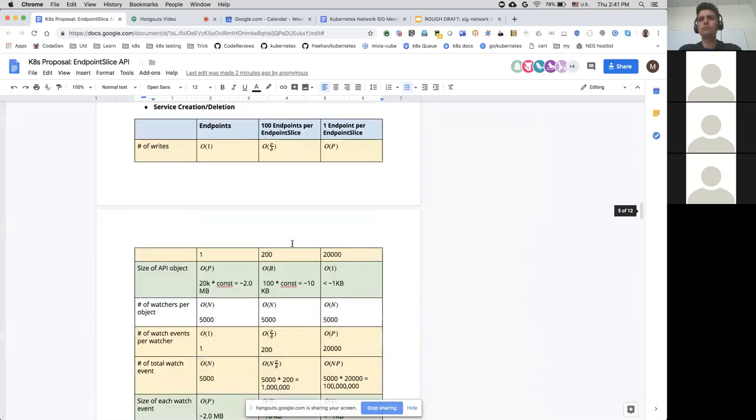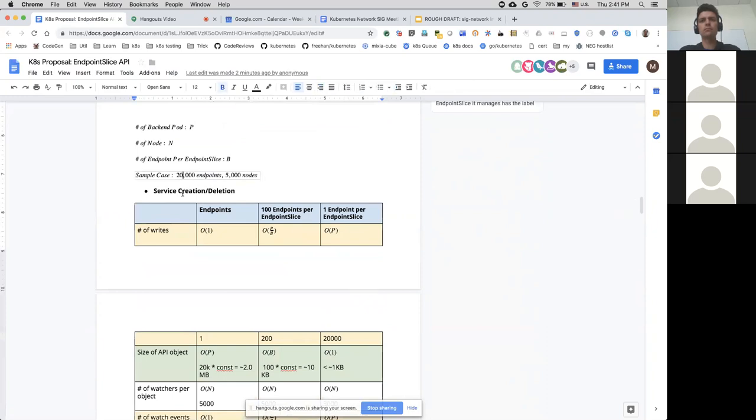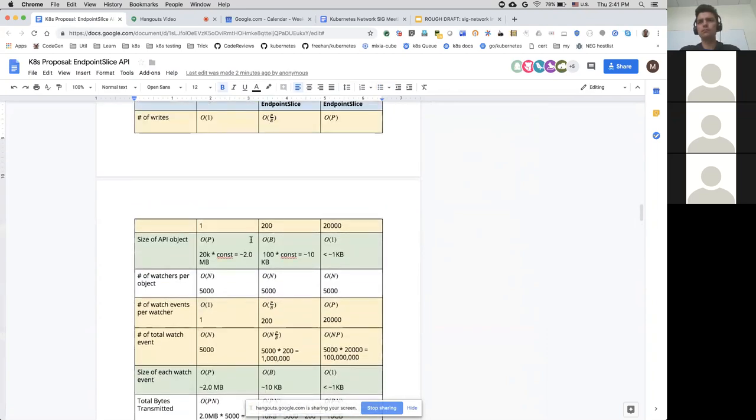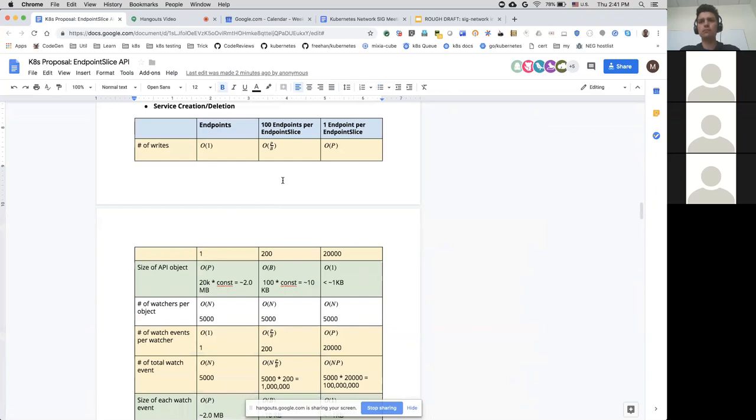So here's an estimation comparing the current endpoints object, the endpoint slice with 100 endpoints, and the endpoint slice with only one endpoint. The sample case is 20,000 endpoints on a 5,000 node cluster, right? On creation, the endpoint slice API will have a write amplification because it has to write 200 endpoint slice objects instead of one endpoint object.